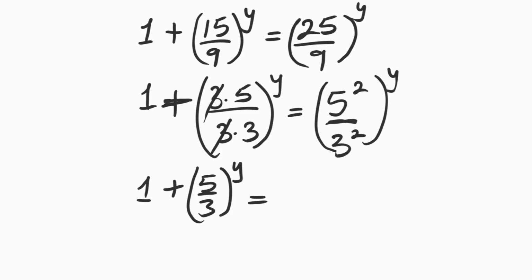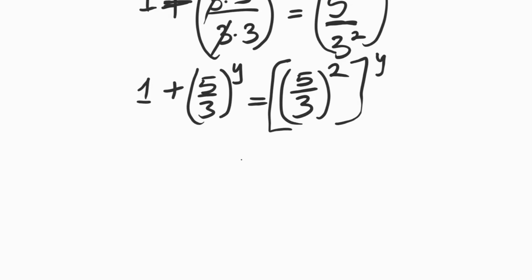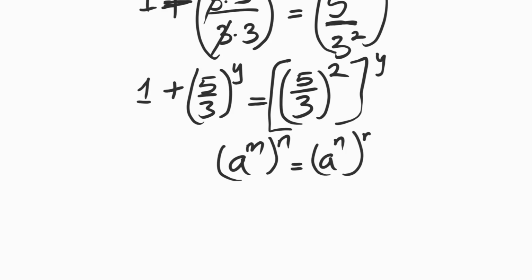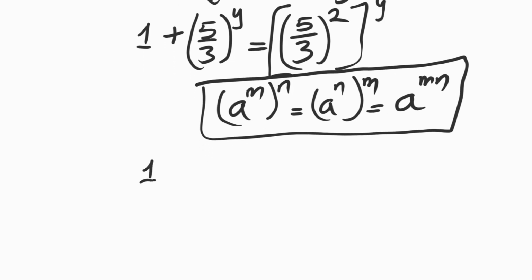And then we can collect the powers of 2 as well. So this becomes 5 over 3 squared, and also the y. We know that a raised to the power m, all raised to the power n, is equal to a raised to the power mn. Right? So we're going to apply this to what we have on the right-hand side. Okay, so now this becomes 1 plus 5 over 3 raised to the power y equals 5 divided by 3